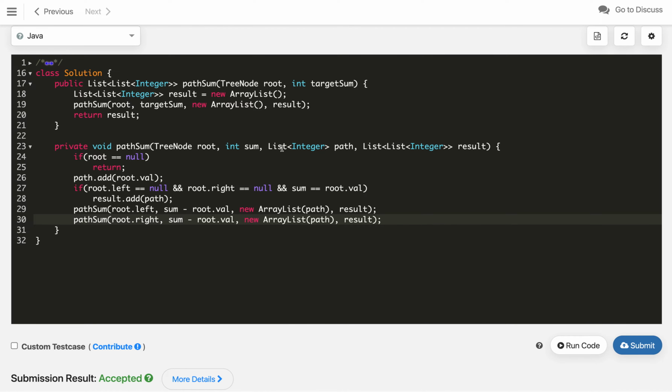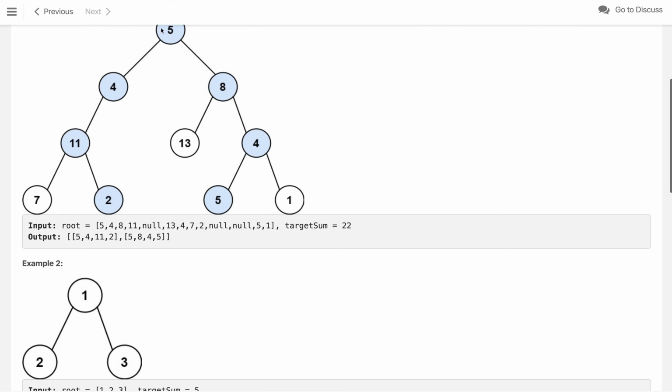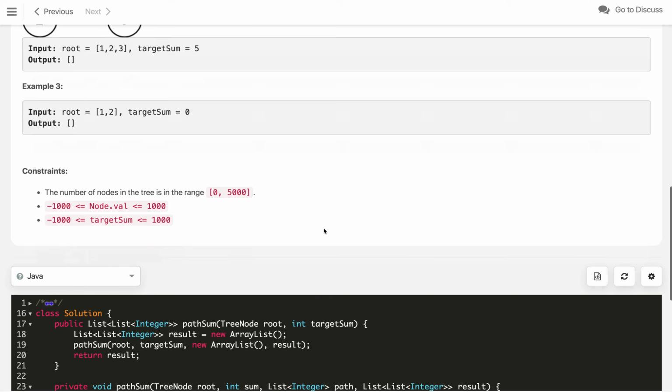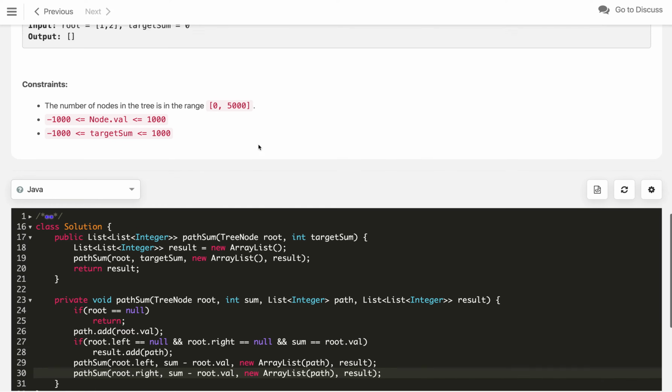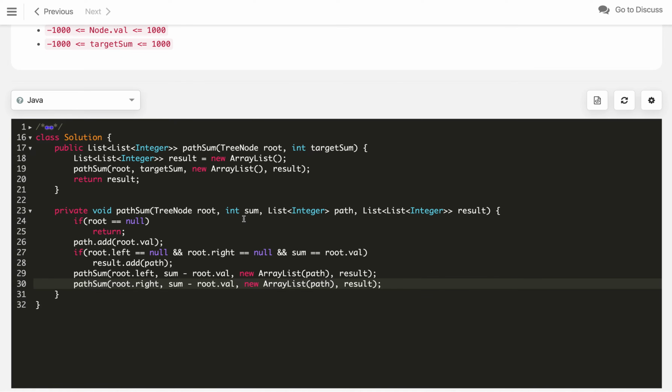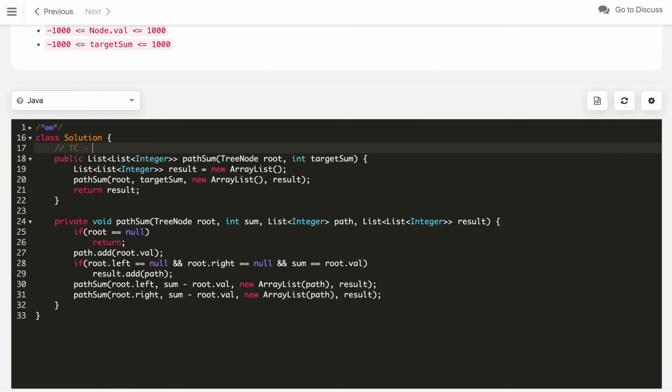Now what is the time complexity of the solution? As you can see in the tree, we can have n by 2 leaves at max in a full binary tree. We may think the time complexity is O of n, as we are just scanning each node of our tree, but every time we are copying the list, so that will also take time. So the time complexity becomes O of n square, and the space complexity is O of n. The recursion can go, in the worst case, to depth n for a skewed tree.